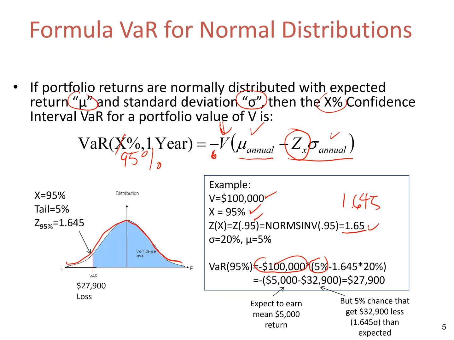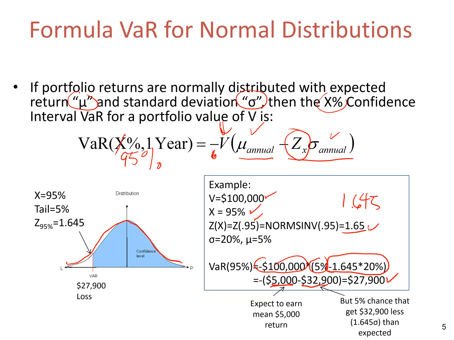In other words, there is a 5% chance of having a minus 1.645 standard deviation return away from the expected value. So I expect to make $5,000, 5% of $100,000, but there's a 5% chance that I can have a 1.645 standard deviation change or value less than the expected. So that is my